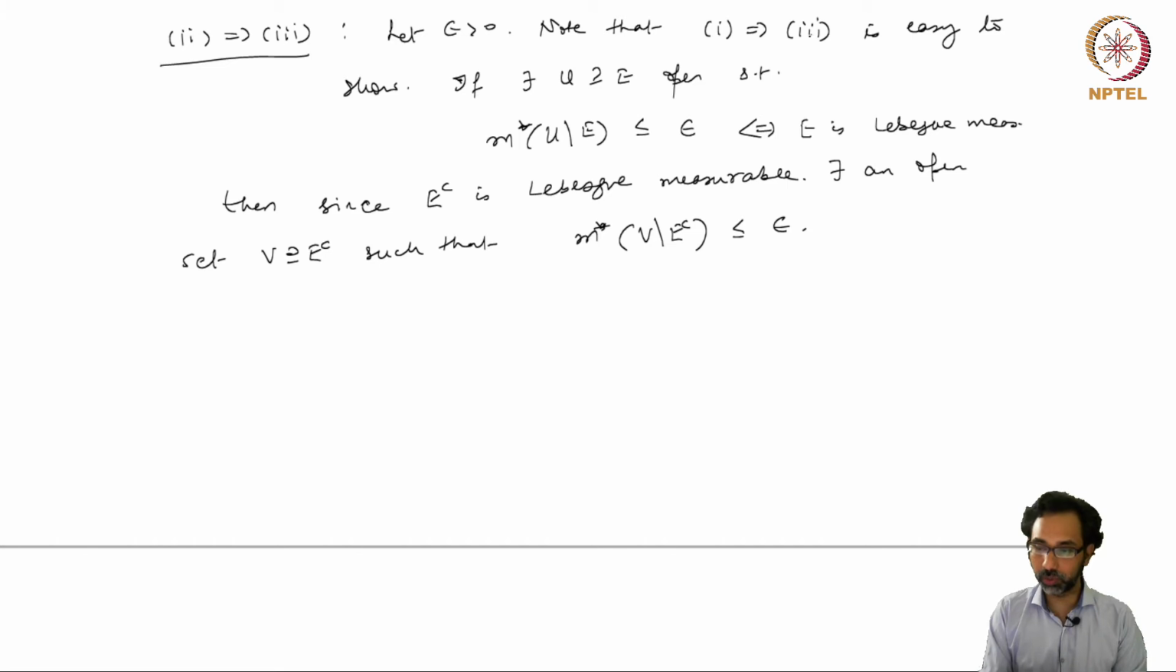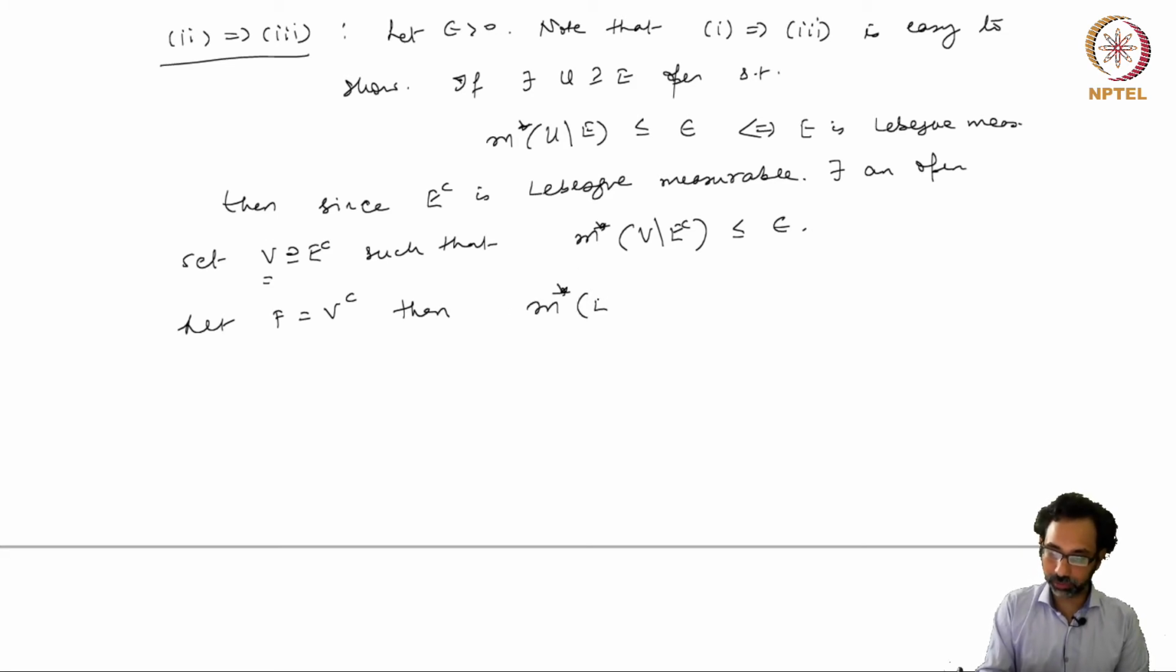Now if we want to prove 3, which is to give a closed subset F of E, such that the outer measure of E minus F is less than or equal to epsilon, then we can take F to be the complement of this set V. Let F be V complement. Then